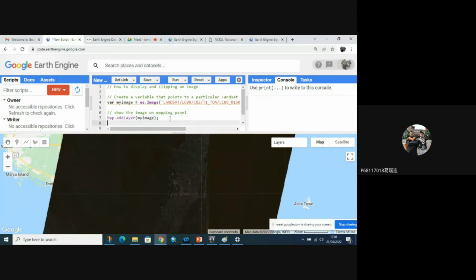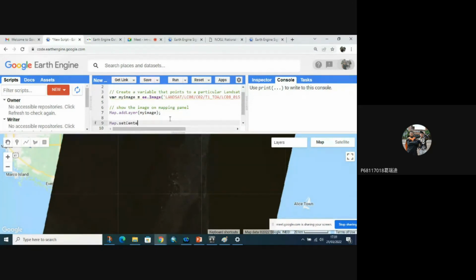So use the map command, set center. Oh, I don't know where the location is here. So you use the inspector here to know where the image is. You will get the latitude and longitude.